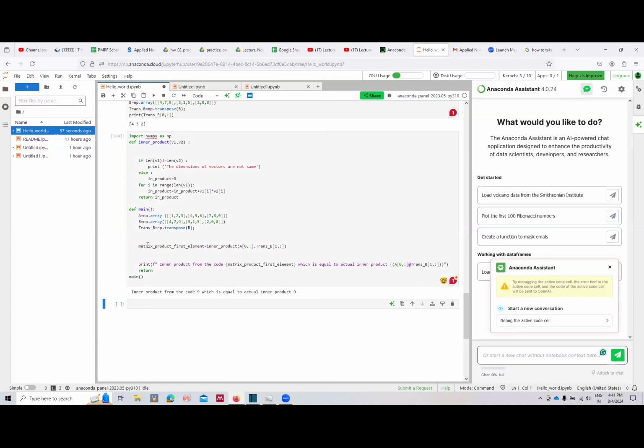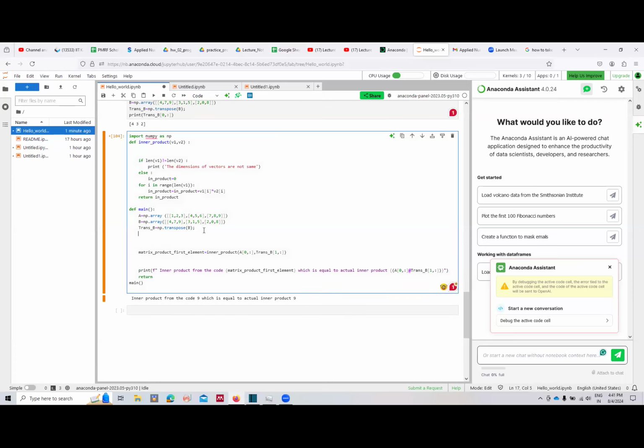Okay, but I want to find the whole matrix. So to find the whole matrix, first I need to define the matrix with initial values as 0. So now here I am defining the initial value. I am defining AB. This AB is the product, the matrix multiplication of A and B. This AB I am simply defining as